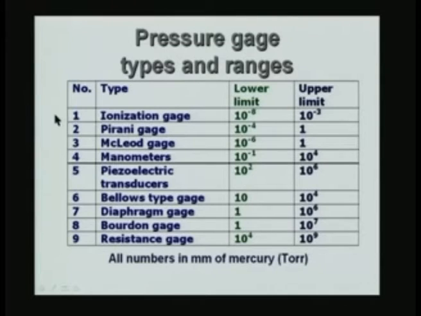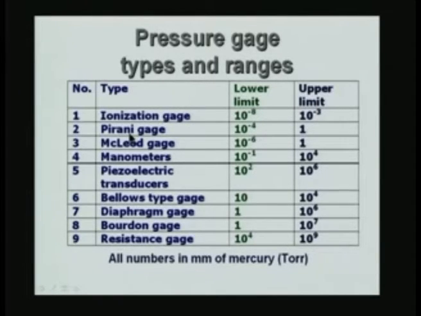For example, if you go into the space outside the atmosphere of the planets, you will reach pressures as low as this, what is given here. And also in many instruments which are used for chemical analysis and so on, such pressures are met with. The ionization gauge can be used from 10^-8 millimeters of mercury at the lower end to about 10^-3 millimeters of mercury at the upper end. And you will see that 10^-3 is in the vacuum, 10^-8 we will call it ultra high vacuum.